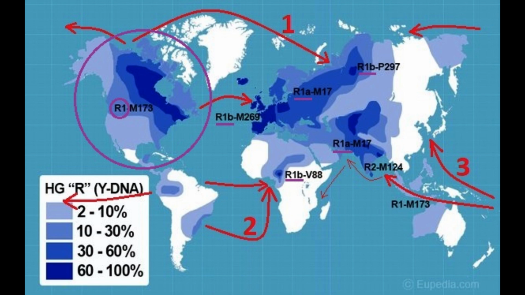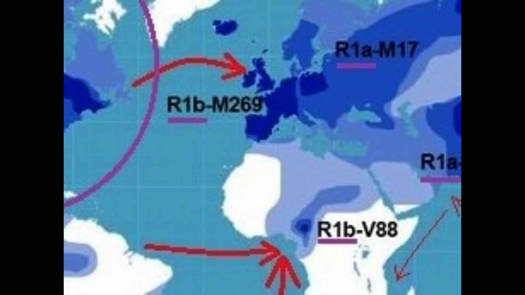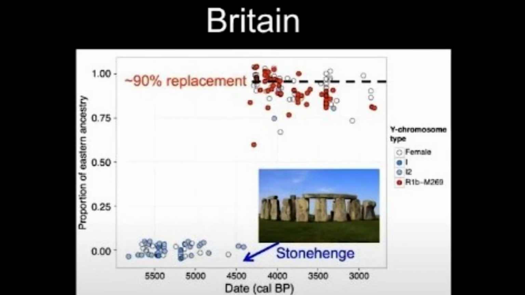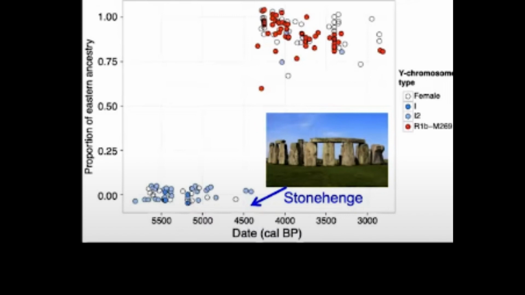Please remember that R1b and R1b descendants are not the root, and the same for R1a, but already a descendant of the root R1. 3. The Britain R1b turnover figure shows the turnover of the blue dots around 4,400 years ago. Please see the blue arrow pointing down from the Stonehenge image, that are replaced or turned over by the red dots of R1b, which is a descendant of R1. Please see the red dots of R1b in the upper right half of the figure on your screen. They then had already replaced all blue dots.